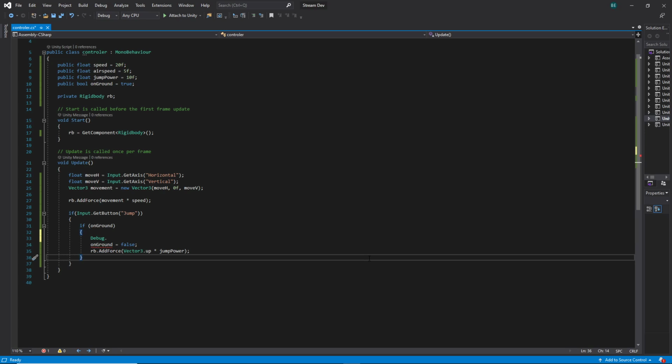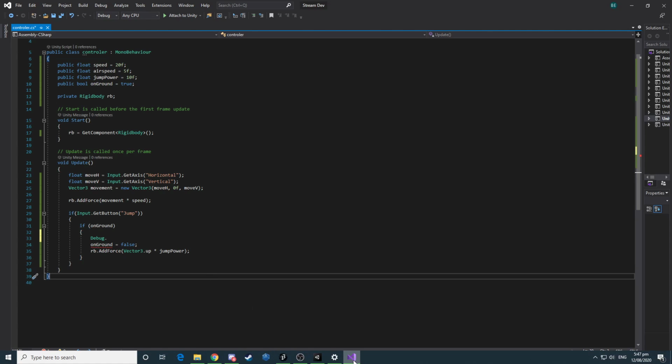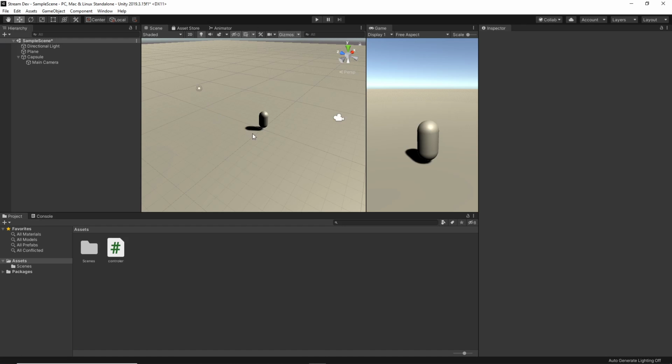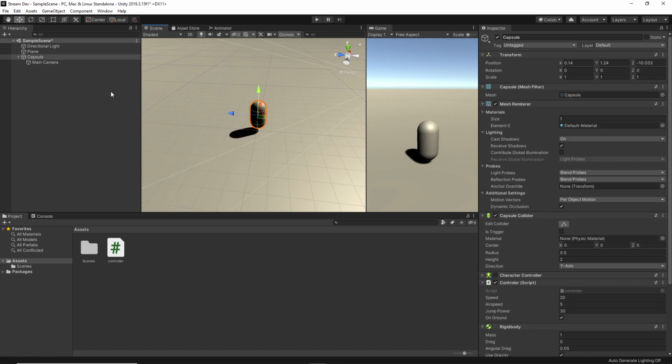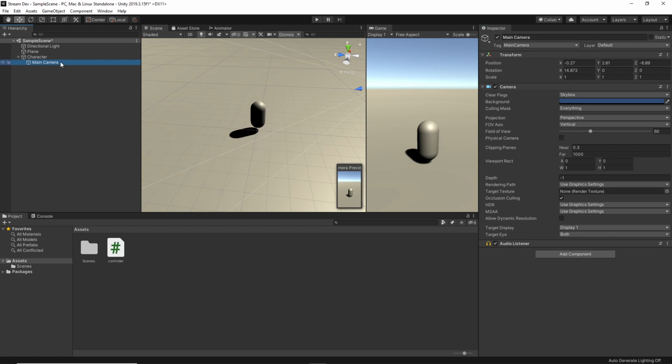Okay. So someone's just asked me a question. Yashar, not sure how to pronounce it, but you asked me a question in the Discord about how I attach the camera to the character. Let's rename that character. So how I attached it, basically, it is normally like this, right? And what you can do is you can drag it on top of the character or the capsule, and that will